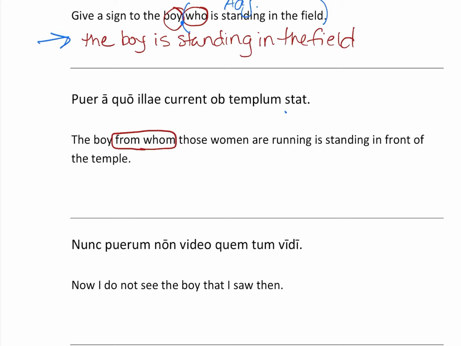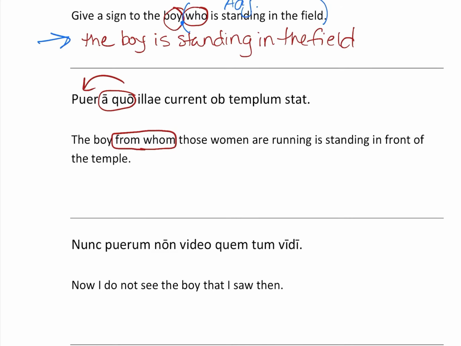So who does "from whom" describe? Guess what? Here it is, a quo. It can only be puer because that's the only antecedent. So it's going to tell us some more about the boy. And we cannot underline the rest of the sentence because "the boy" does not make a complete sentence. So the boy from whom those women are running